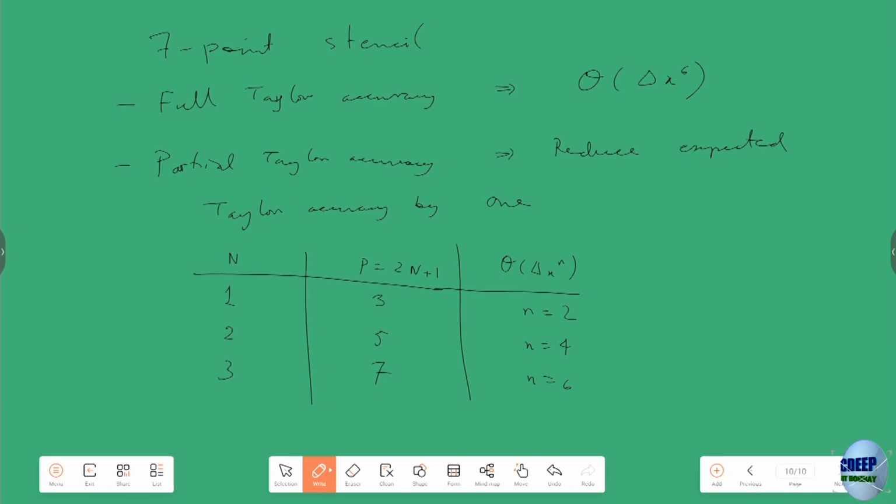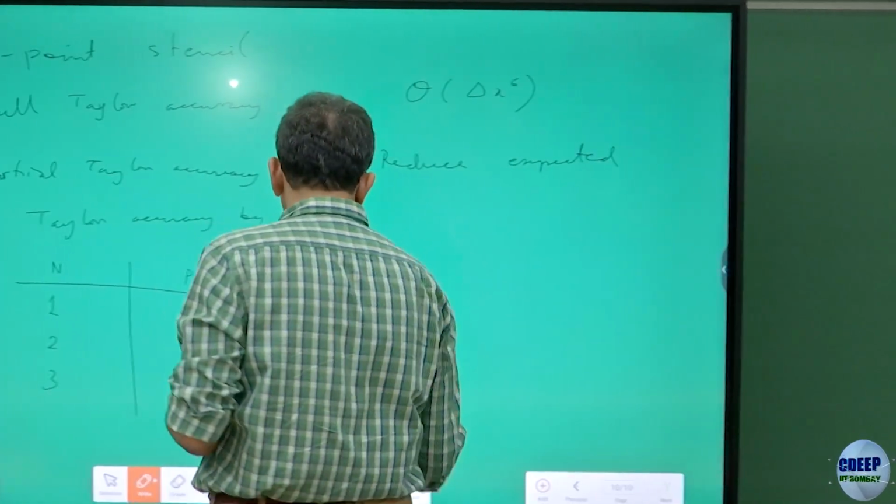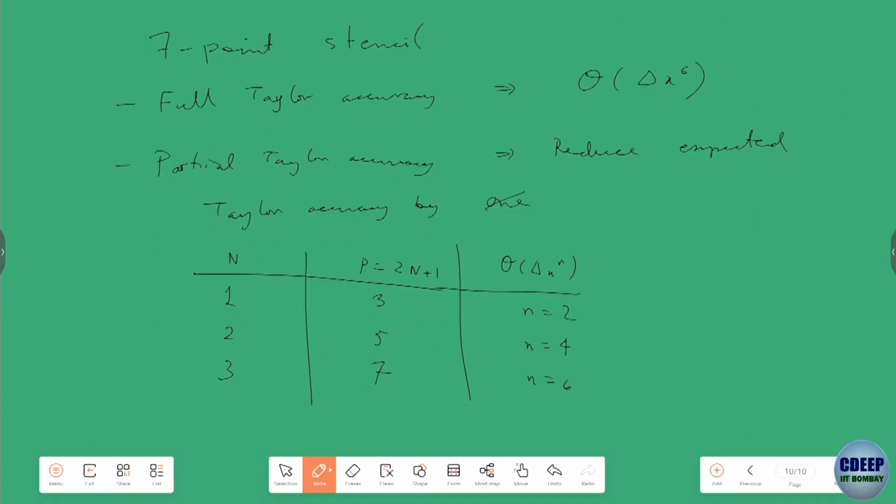So if I were to decrease the order of accuracy by 1, what should I do? Where should I take it to? 5? 5 will make it an unbalanced scheme. You can try it out. We have seen that, and in fact you can see that here. That's why we have got these even orders of accuracy. So for a central difference scheme you have to reduce it by 2, so that is for 7-point. Now instead of requiring n equal to 6, that is 6th order accuracy, you settle for n is